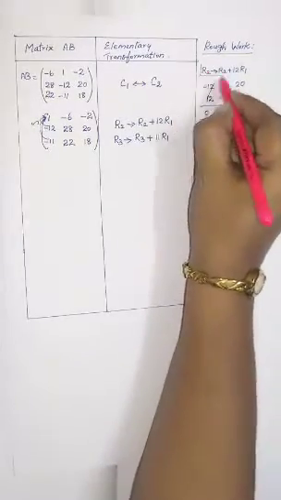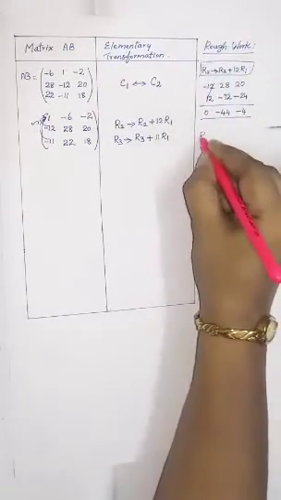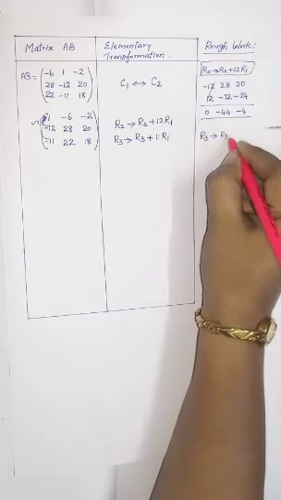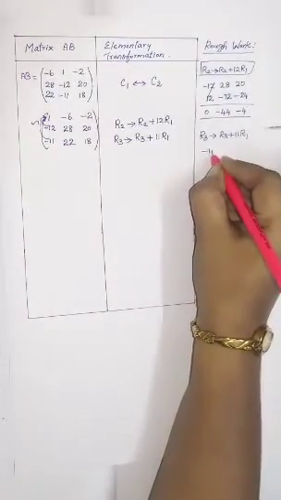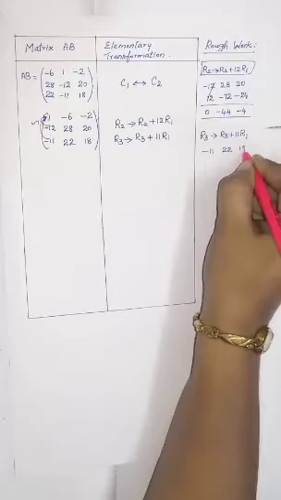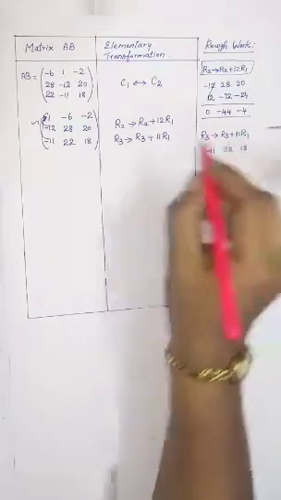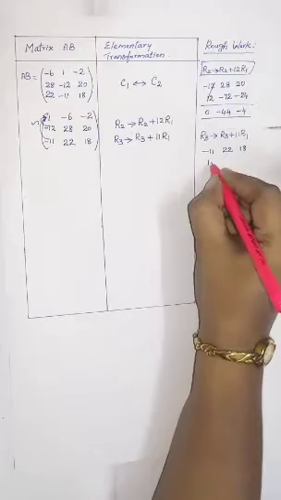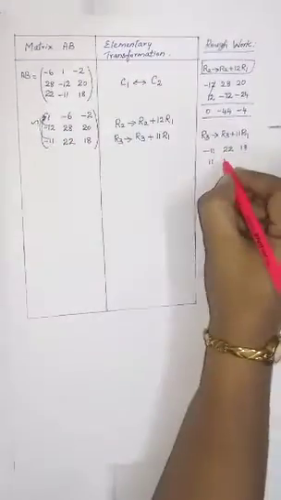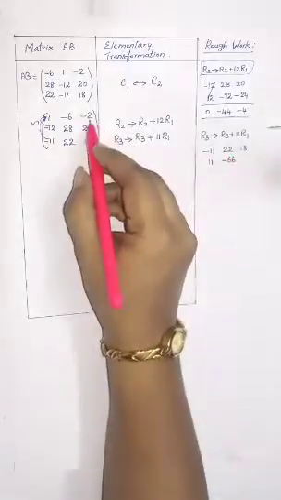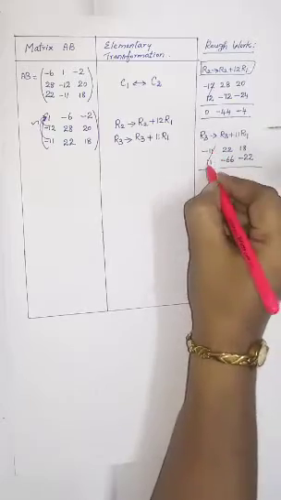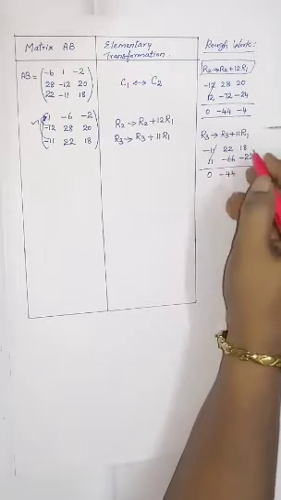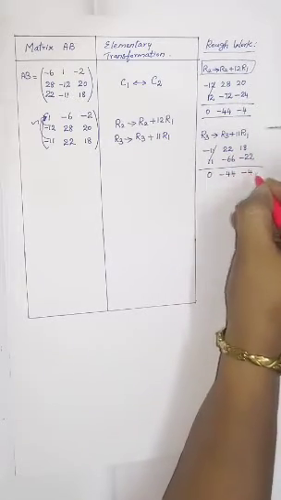Now going to your second condition. R3 gives R3 plus 11 R1. R3 is row 3. So minus 11, 22 and 18. Row 1 has to be multiplied by 11, okay. So row 1 multiplying by 11, you will get 11 ones are 11. Minus 6 into 11 is minus 66. Minus 2 into 11 is minus 22. Now as it is you can subtract. So I'll get 0. 22 minus 66 is minus 44. 18 minus 22 is minus 4.